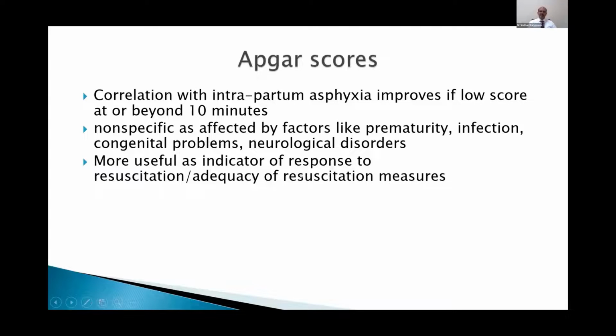The score may be affected by non-specific factors like prematurity, infection, congenital pre-existing problems, and neurological disorders. For the same reason the baby is floppy due to a brain disorder or a myopathy, the baby may not respond to resuscitation as well. It can be useful as an indicator of response to resuscitation and the adequacy of resuscitation measures. And it's very important to use the full range of the Apgar scores. You should categorize why you are scoring it when you document, so that in future, if there is any review,